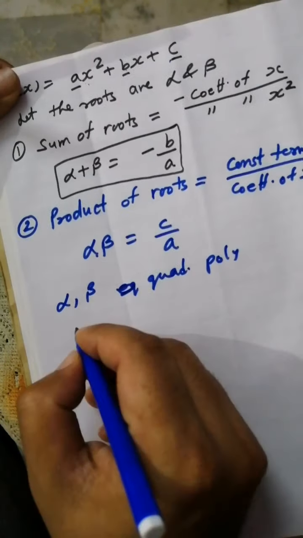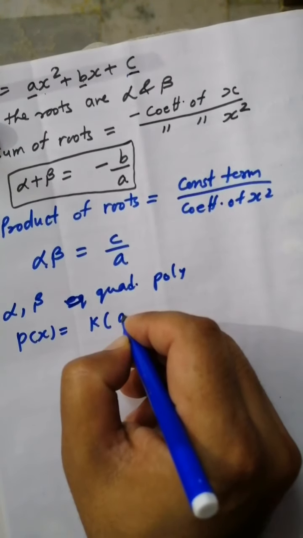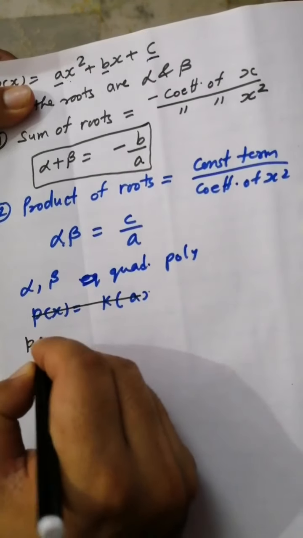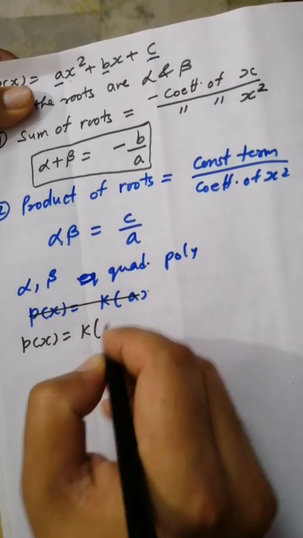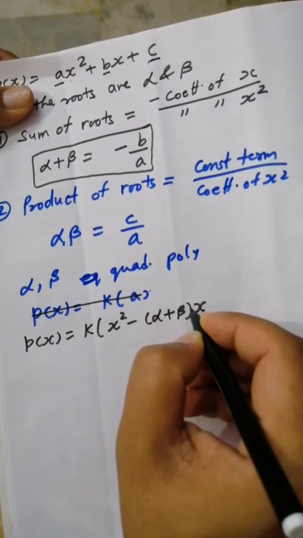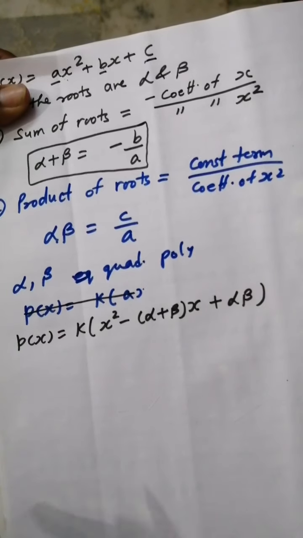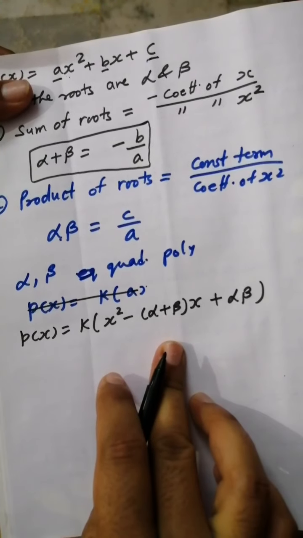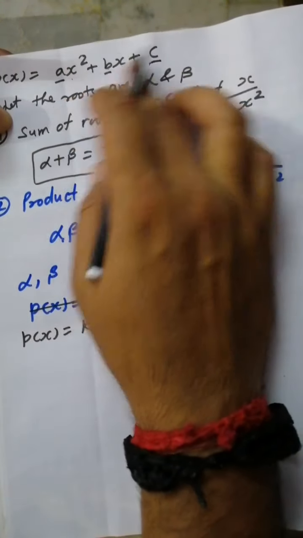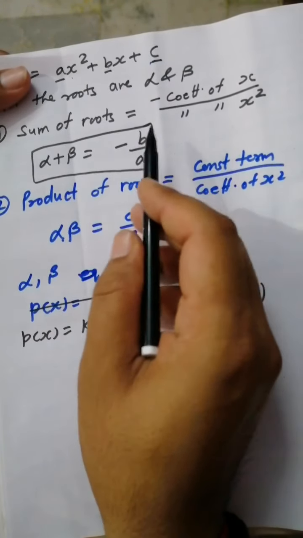then we can say p(x) equals a constant k into (ax square plus bx plus c). Hence the polynomial p(x) equals the constant k into (x square minus (alpha plus beta) x plus alpha beta), where alpha plus beta is the sum of roots and alpha beta is the product. In this way you can form the quadratic polynomial if the roots are given, and if the polynomial is given, then you can write the relation between the roots and the coefficients